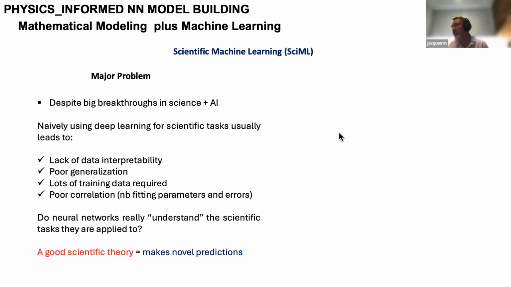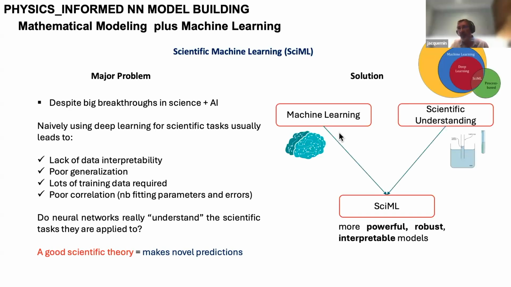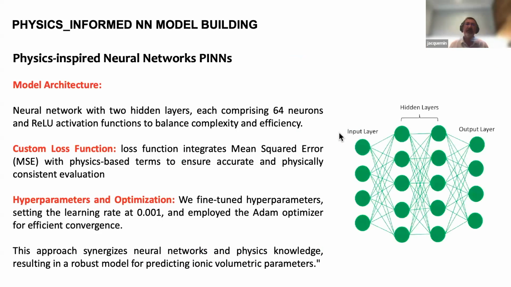But what we decide to use is a mathematical modeling approach, which is based on physics plus machine learning, what we call the scientific machine learning approach. By combining the machine learning approach plus scientific understanding, we can develop a more robust model. That's the purpose. Basically, we use a multi-layer approach within a neural network, combining a physics-informed neural network with different wave functions, which are combined in the hidden layer, and we put several